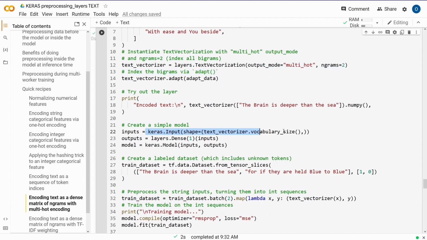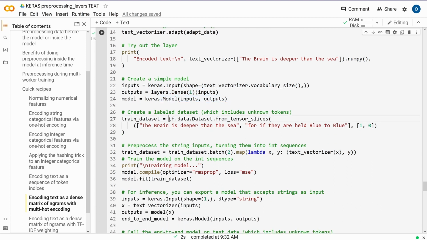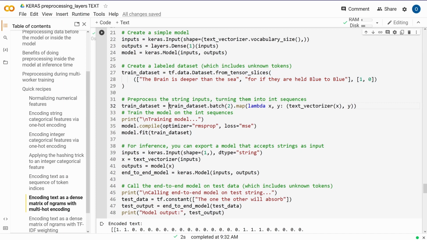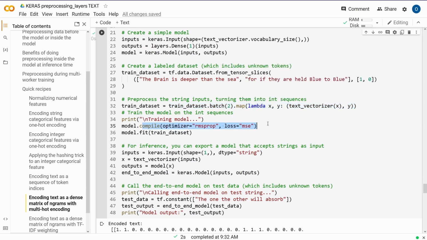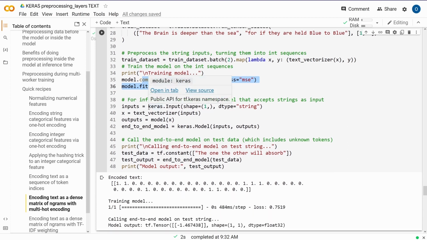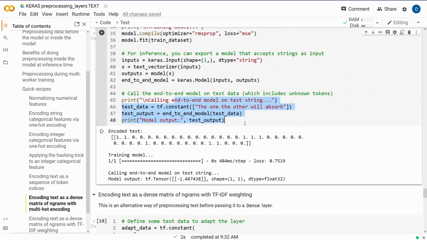Then we have input, the text vectorization, and a dense layer, a very simple model. This is it, input, output. And we have now a labeled data set. These are our 2 sentences. Then for the training, we do the pre-processing of our text vectorization layer only on the data. Now it's not part of the model. Then we just compile, define the loss function, and do the training. And for inference, as I showed you, it's exactly the same. We have a dtype string, and we have a specific layer for text vectorization of our input, and this is it. Now, if you run this too,